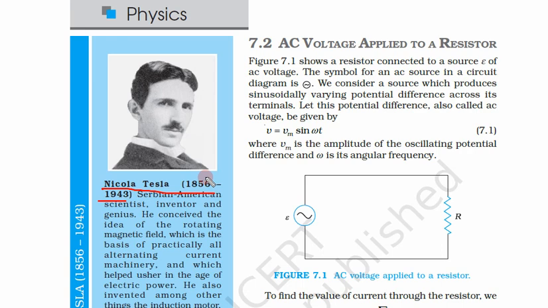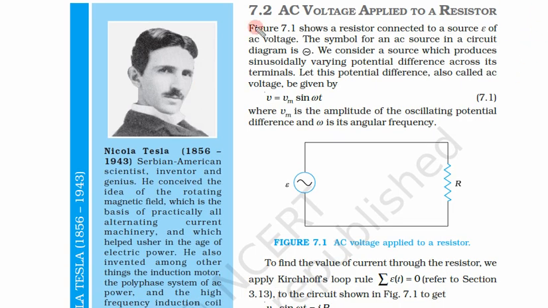Before him, people were extensively using DC currents, but the problem with DC current is that it cannot be distributed more than half a kilometer from its generating point. Edison was one of the proponents, that means he was favoring DC current, and Tesla was saying that we should use AC current because it can be transmitted much more easily. So learn about him. He was a very famous scientist, and most of the modern technologies that we have today are working on his ideas.